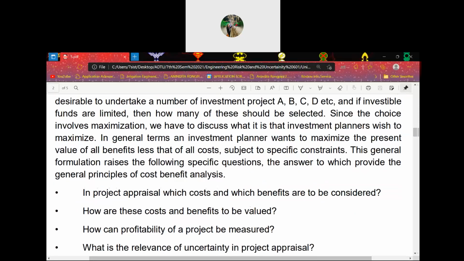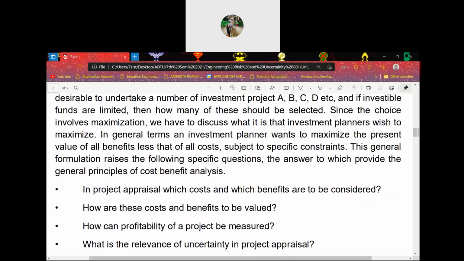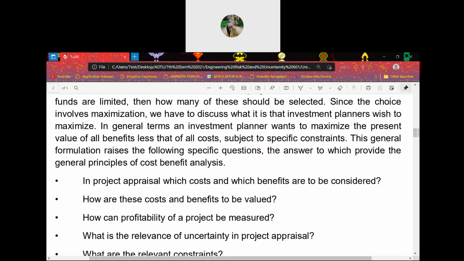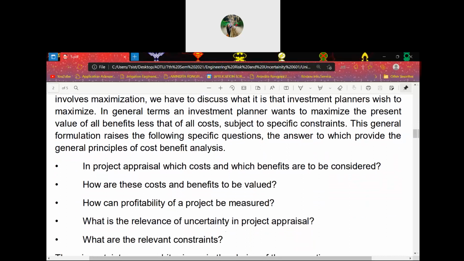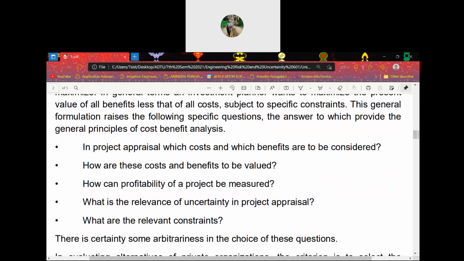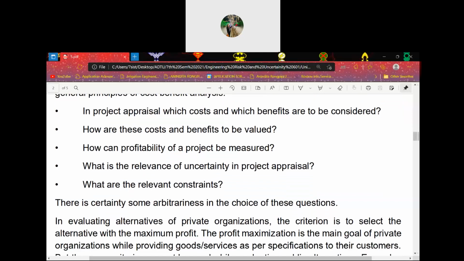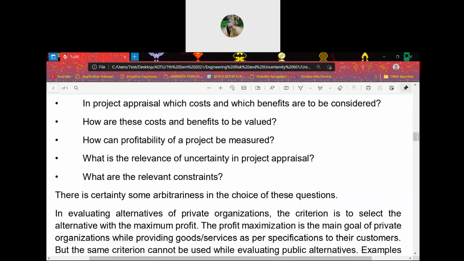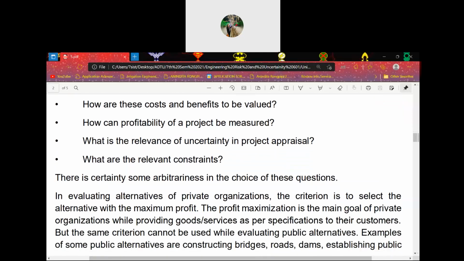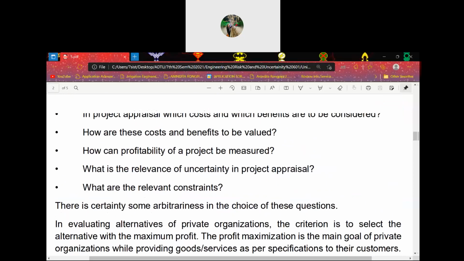In project appraisal, which costs and which benefits are to be considered, how are these costs and benefits to be valued, how can profitability of a project be measured, what is the relevance of uncertainty in project appraisal, and what are the relevant constraints. There is certainly some arbitrariness in the choice of these questions. So in evaluating these 5 points,